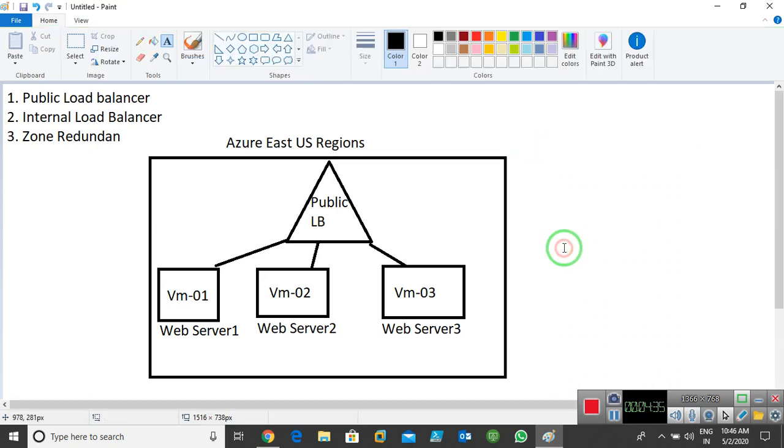By default, when you go for any load balancer, it keeps all my virtual machines in one data center.